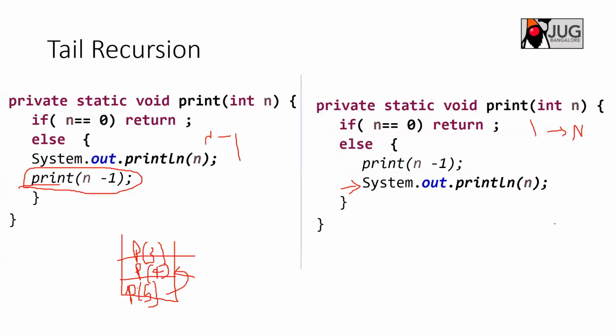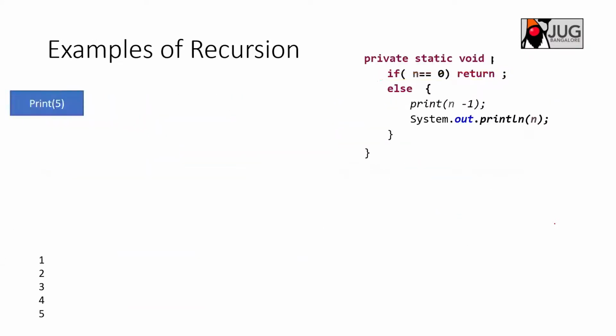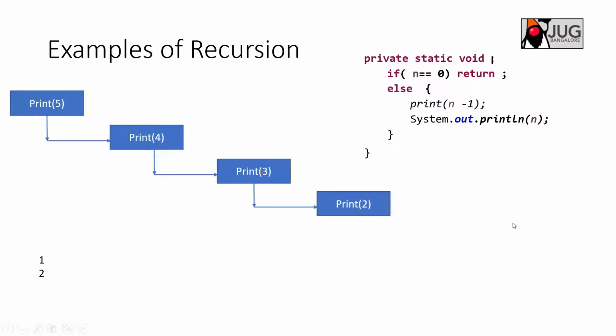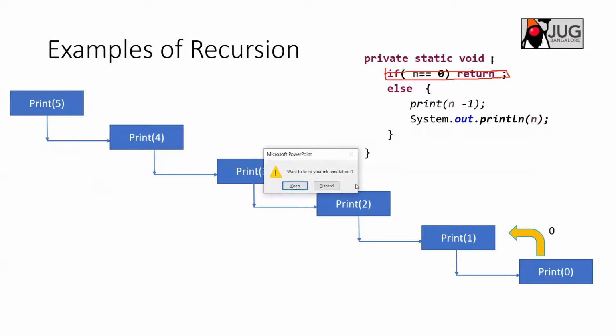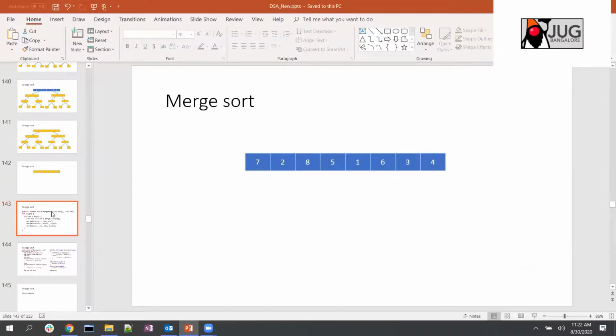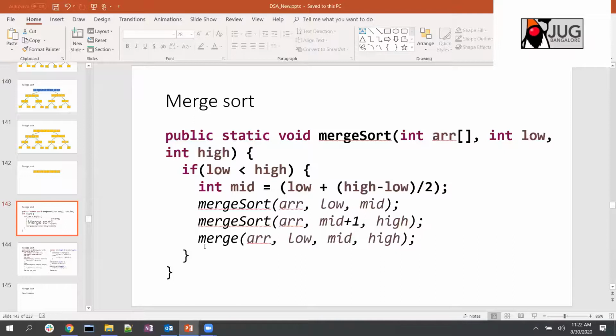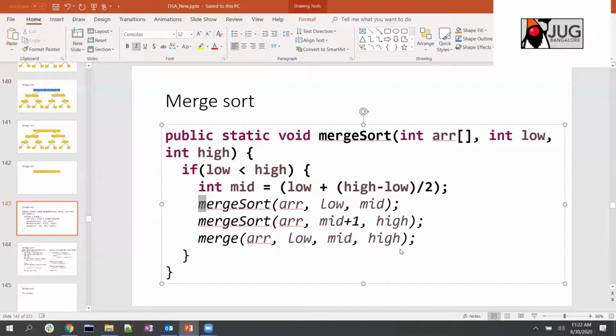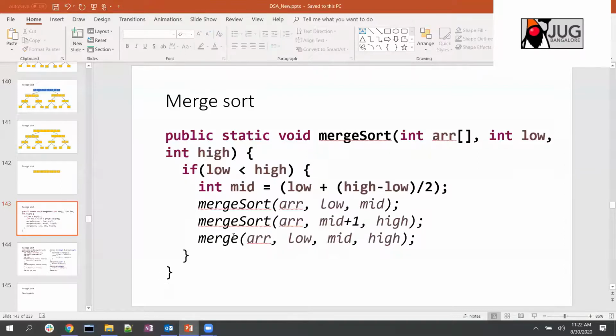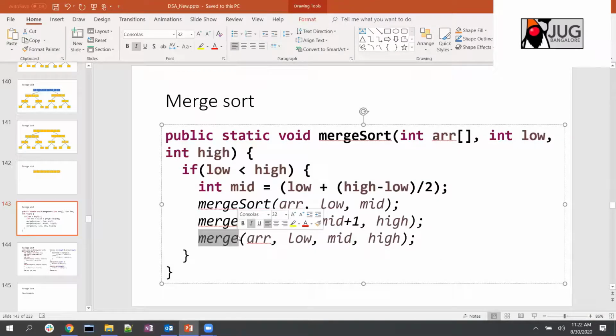Let me show you that. Yeah, I was coming back to this merge sort. So what you are doing in merge sort is calling merge sort, and finally you are calling the merge function right here. So the last function to be called is not the recursive one, because these are all the recursive calls. Merge sort is the recursive calls, and then finally you are merging. But whereas in case of